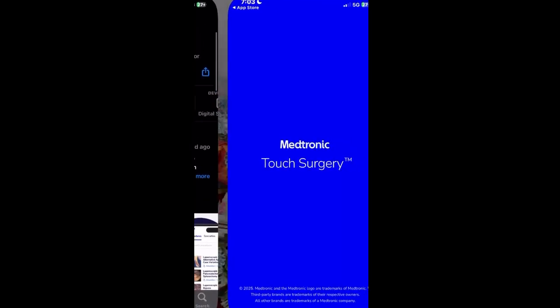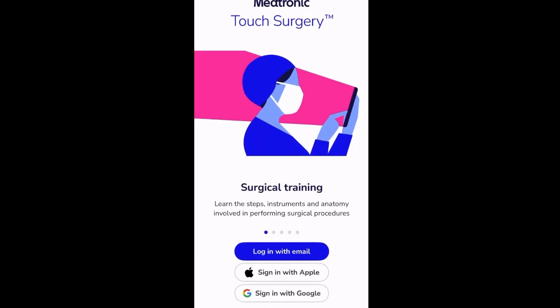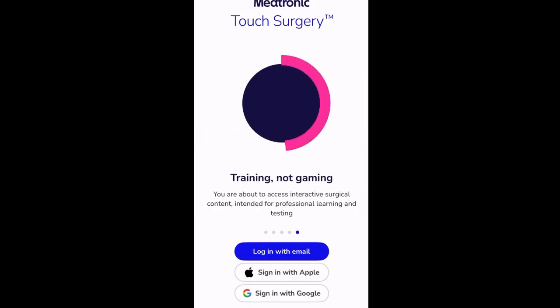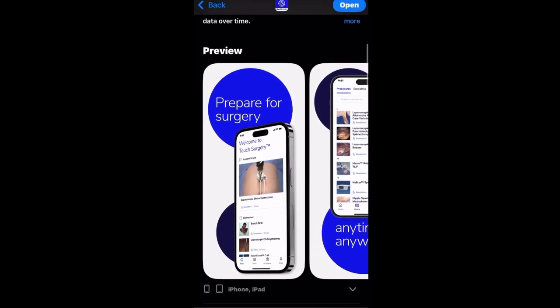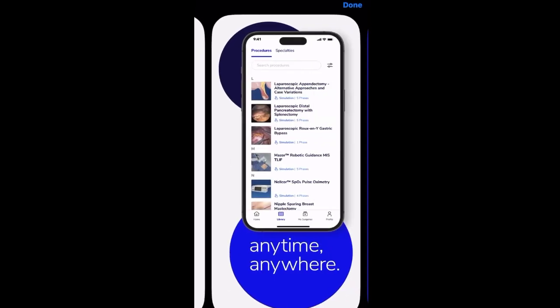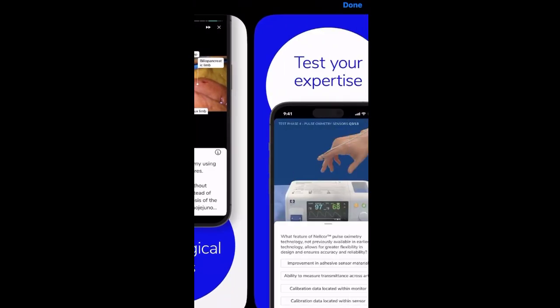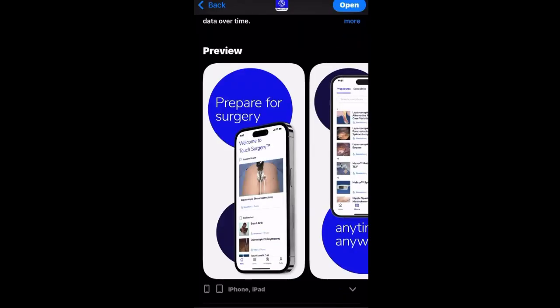The app's main feature is its surgical video library. You can explore surgeries with clear visual guidance, narrated steps, and realistic simulations that help you understand each stage of the procedure. It also includes quizzes, checkpoints, and offline access options so learners can review content anytime without an internet